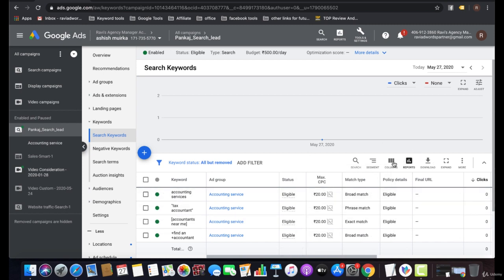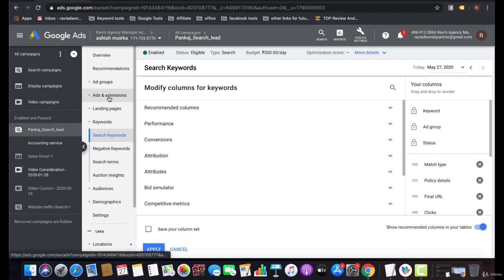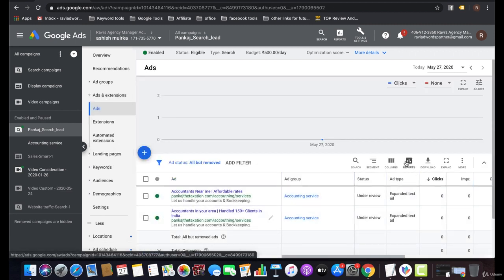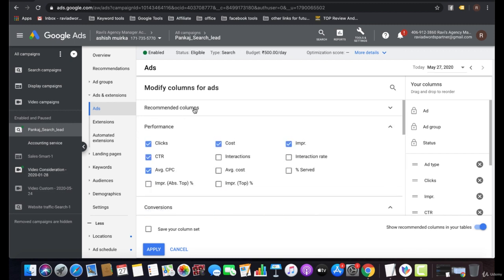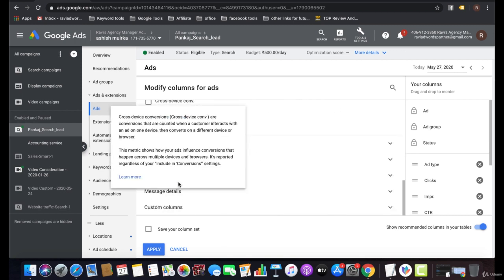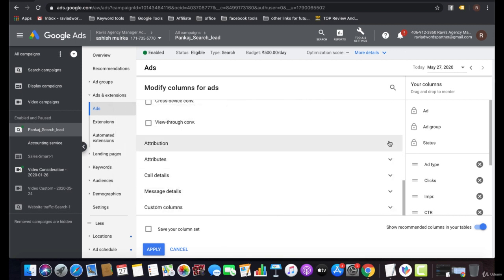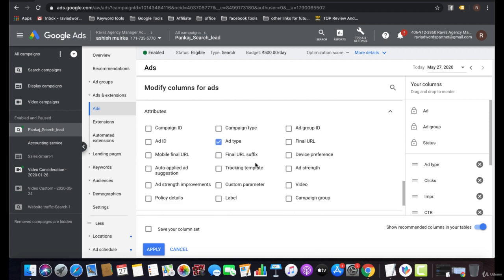If your keyword or your ad is disapproved, then you can use the add columns option. You can go with the policy details as well, which shows which type of policy you have violated by disapproving your ad.